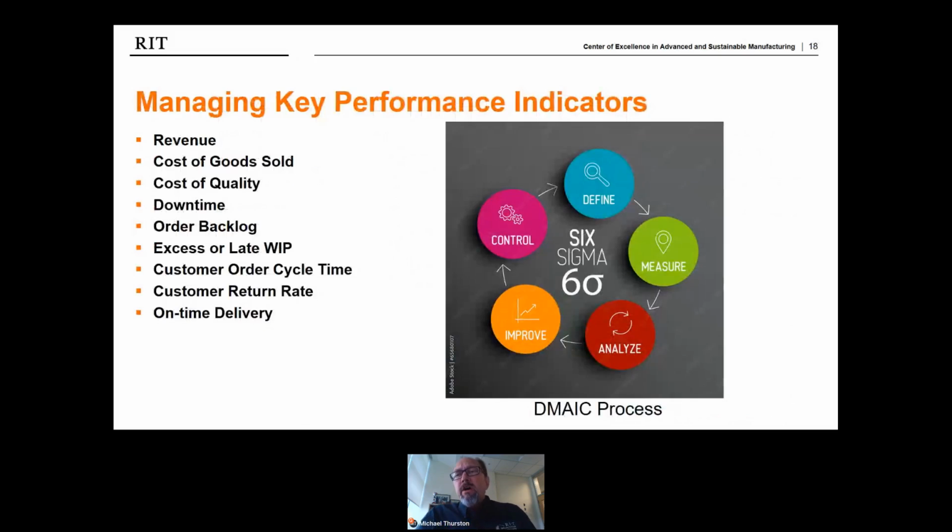The Six Sigma DMAIC process, define, measure, analyze, improve, and control, is the basis of continuous improvement. What you don't measure, you can't manage. Data analytics provides improved capability to manage your KPI and other business drivers. Streamlined data processing with data analytics improves speed of response. Broad cross-system data analysis allows for new types of insights.